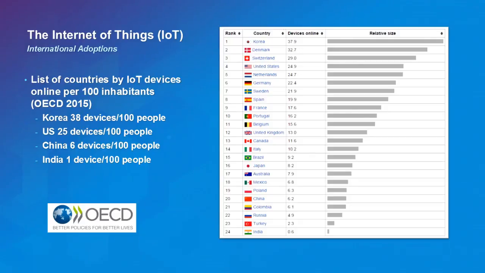For example, I have a smartwatch and I also have my phone, right? So at least I have two. And Josh may have more. The US goes up, ranked third on the list here. We found 25 devices per 100 people. China and India, surprisingly, are low on the list, just because they have much larger populations compared to the number of devices being used by people. You should keep in mind that this is not saying anything about whether the country is high-tech or not, just the number of devices being used.